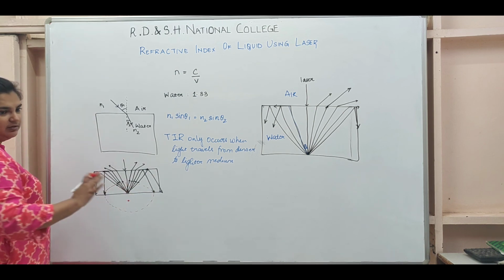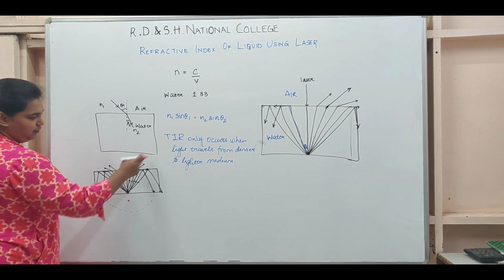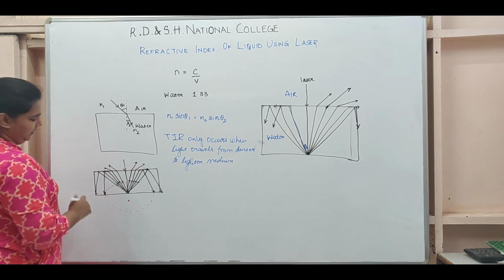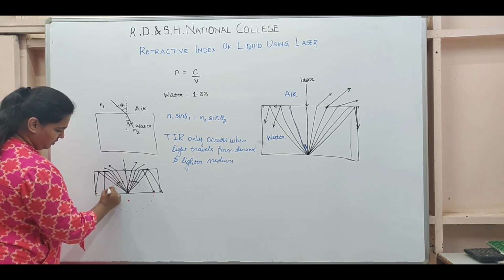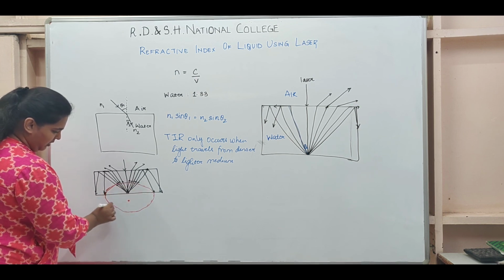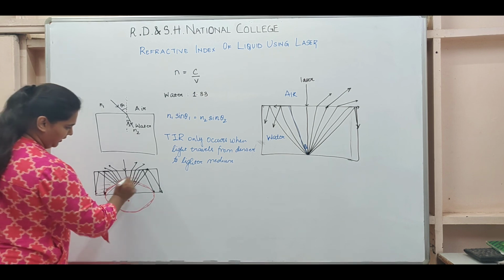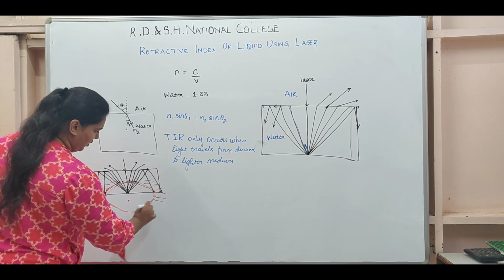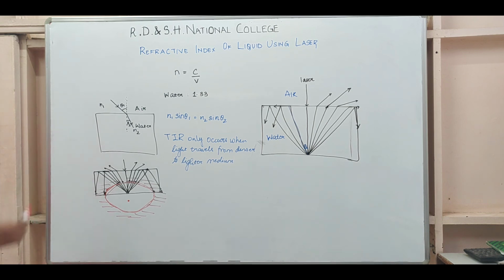Inside the circle you will have a dark patch, because whatever angles were less than this have refracted out into air. But from here onwards, since they've reflected back, you'll get a circle here consisting of all these reflected lights, which will be a dark prominent circle. And obviously beyond this circle also you will have dark area, because everything beyond this circle is what is reflected back inside.